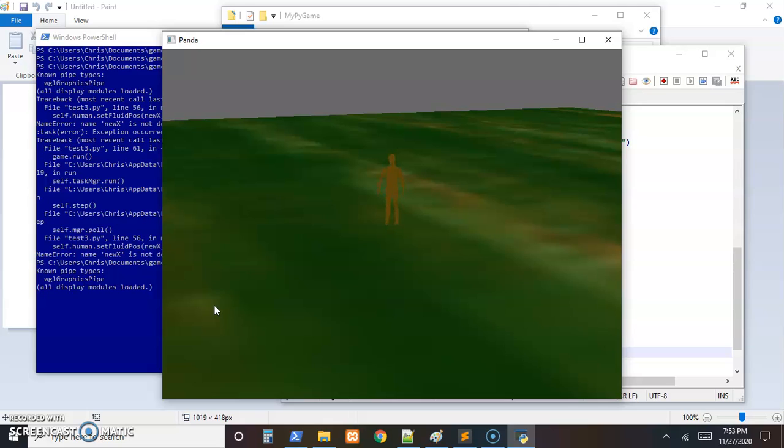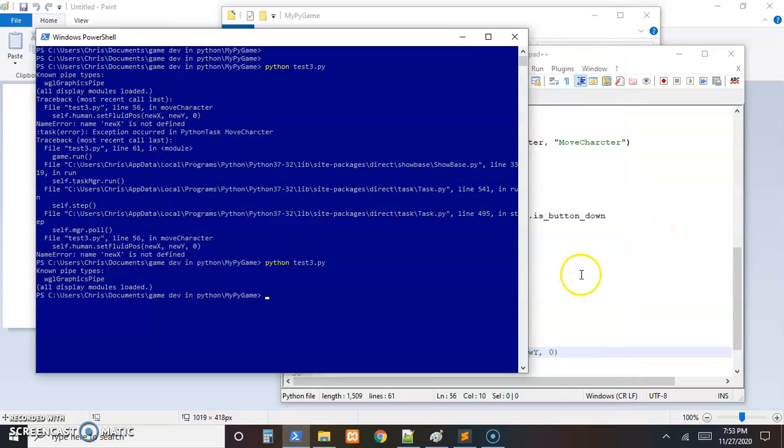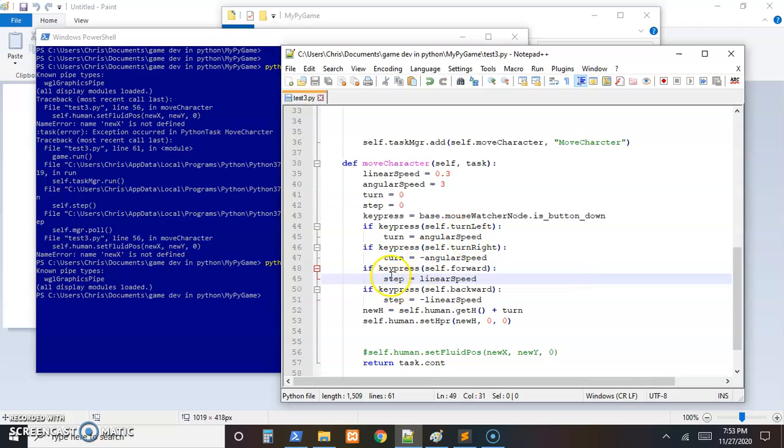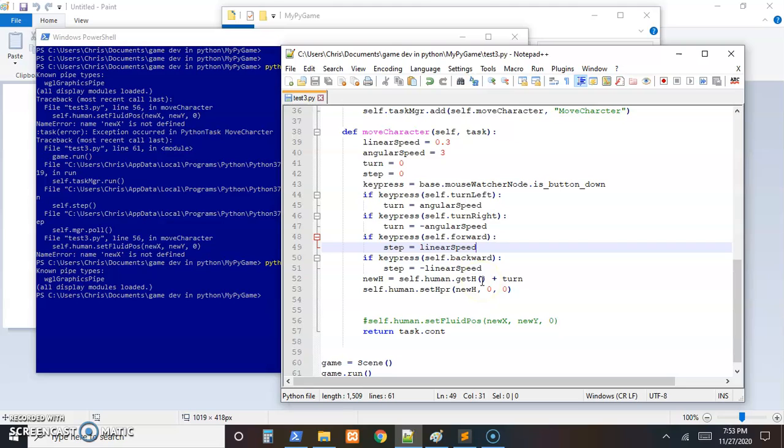If I push the A key, the character rotates left. So D and A rotate our character, so we're changing our yaw value, and that's how we turn back and forth. So now we want to step in that direction. And we set up the key press so that if the W or S is pressed, we know we're stepping, but we have a